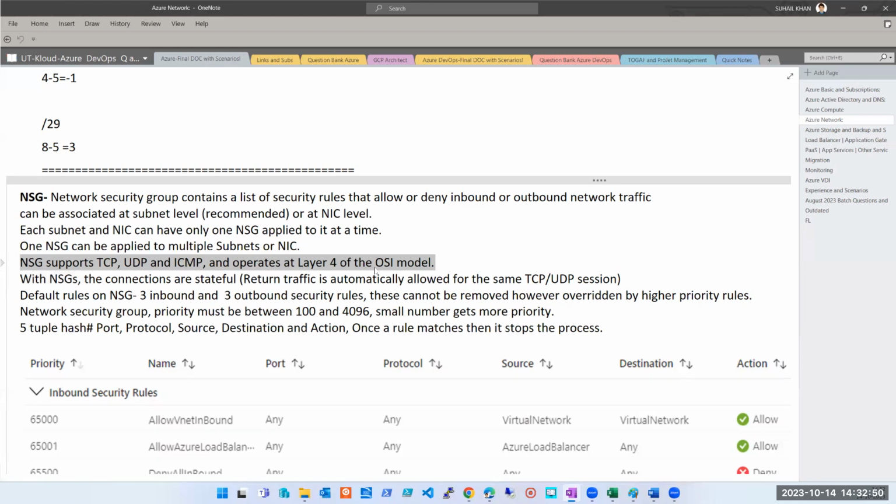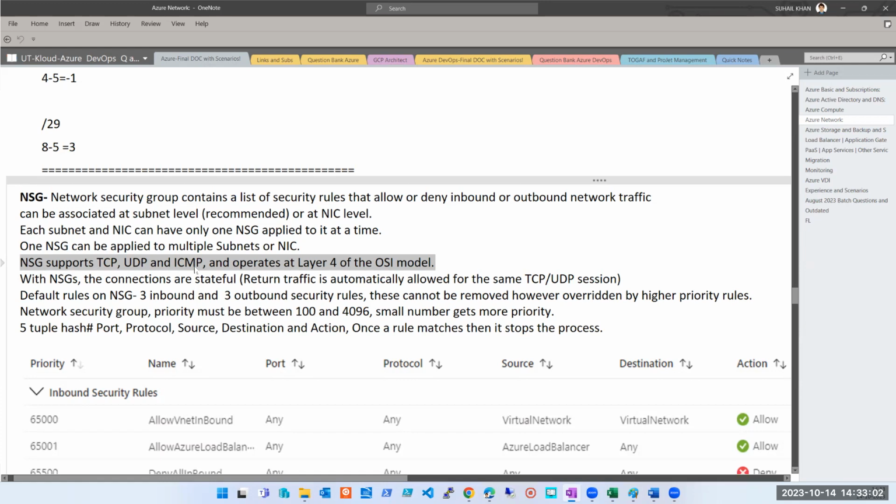There are 7 layers. But just for your knowledge, from the Azure perspective, the question might come as to which protocols are supported on NSG. Your answer should be TCP, UDP, and ICMP. That's it. Got it, guys? We are not spending any time on this sentence apart from this. Just remember it as it is and that should be enough.